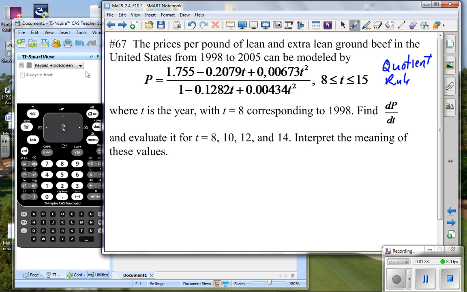So let's start with the first part of it, and that is let's find the derivative of our output variable, our function P, with respect to our input variable T. This is where we are definitely going to need to use our quotient rule. So we're going to start with our denominator, and we will write that as carefully as we can. Make sure we get all those digits in there. Times the derivative with respect to T of our numerator,